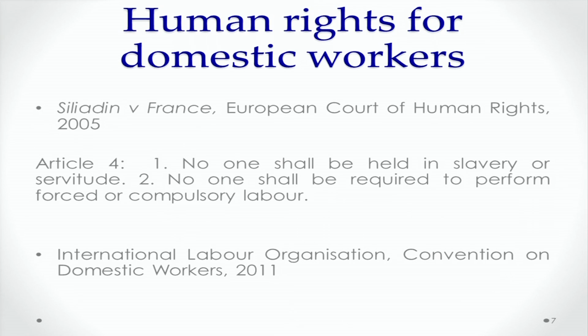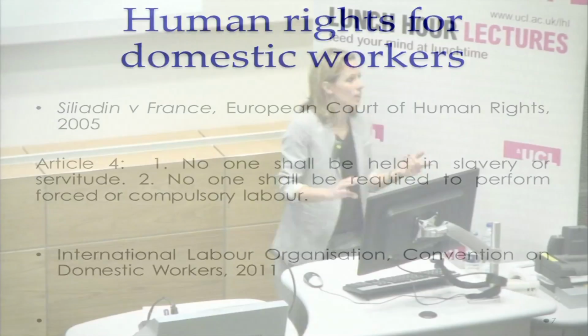The European Court of Human Rights looked at her situation, and the court said that this was not slavery, she's not a slave, because the court used the definition of slavery that we find in the 1926 convention that I mentioned in the first slide, which says that for slavery, the right of ownership is essential. The European Court of Human Rights said that she was not a slave, exactly because she was not owned. There was no legal right of ownership.